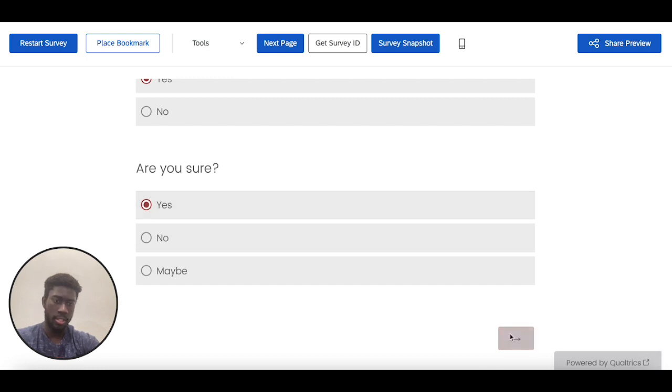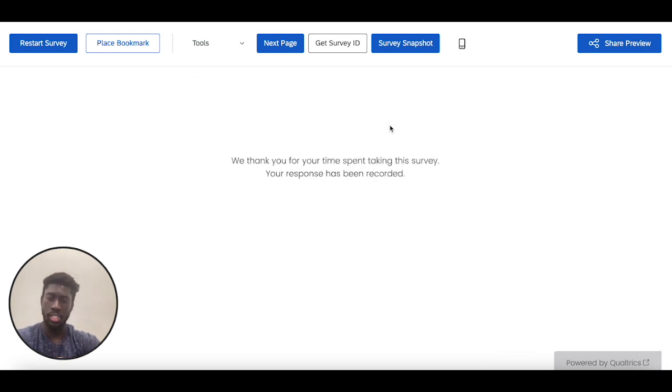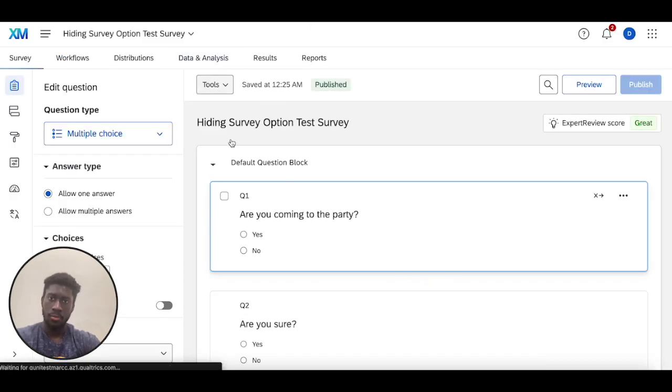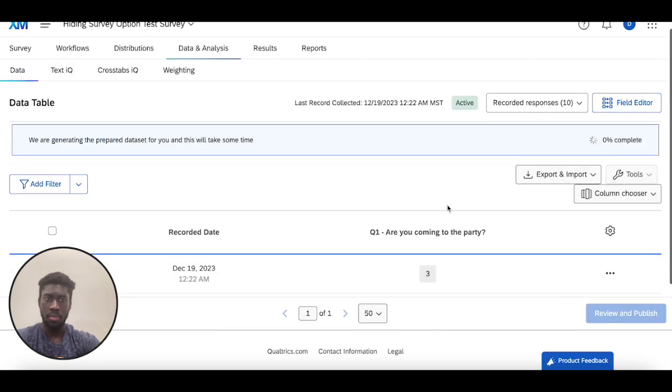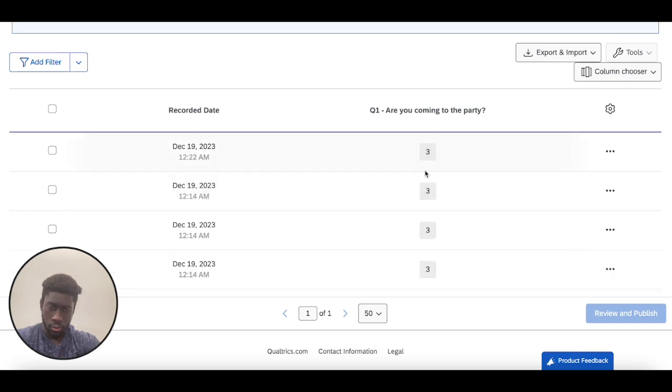I'll fill this out really quickly, but there will be a huge change in the data analysis tab with what happens to the data. So now let's head back in here. It'll take a little bit for the data analysis tab to update, to adopt this recent change, but all these choices which were maybe before have now been recoded to the number 3, and that maybe option is gone. It's been corrupted. This is the main reason why we recommend hiding options and hiding questions instead of simply removing them, because that corrupts the data behind the scenes, and sometimes the data can be completely lost from this point